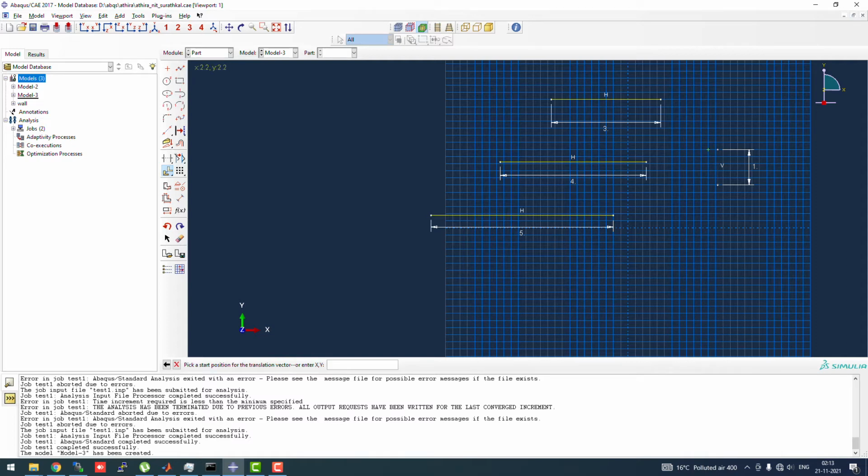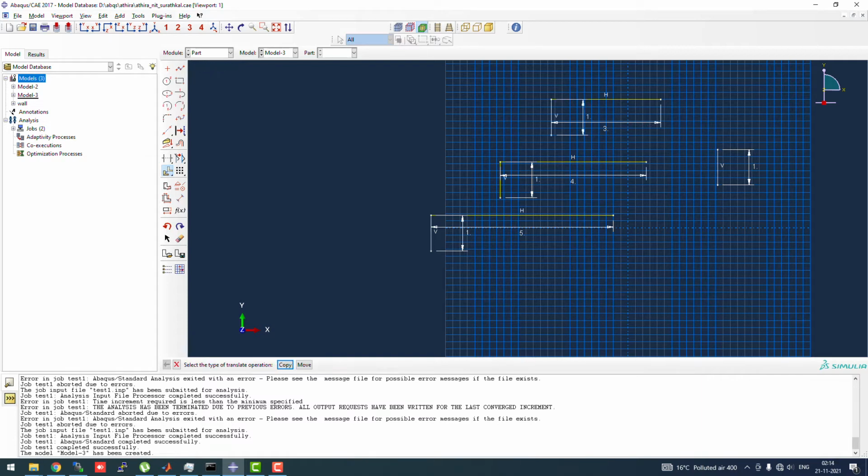Now we'll keep on copying this line here first, then copy this here, then copy this here.